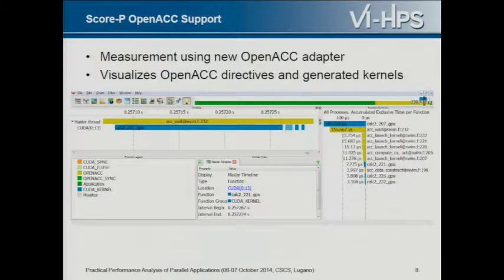We're not totally sure how to visualize that. There is the option of showing the kernel directly, the CUDA kernel. There's also the option of showing the time this kernel could run on the device, to show a generic function that corresponds to this directive on the device, which does not necessarily be the kernel.